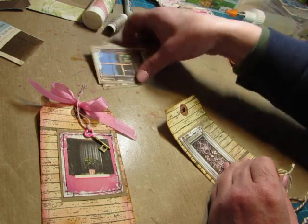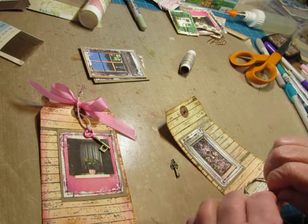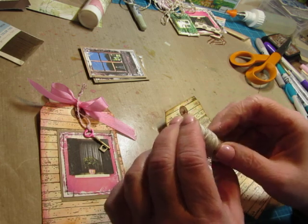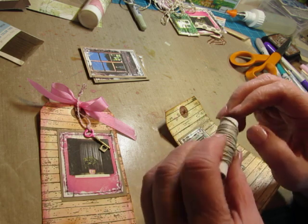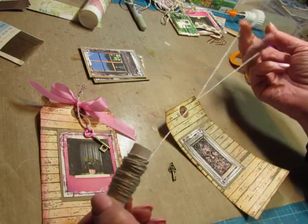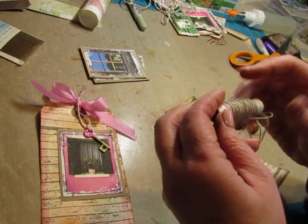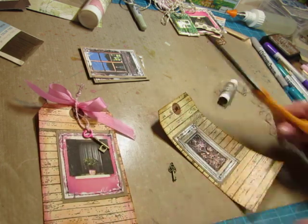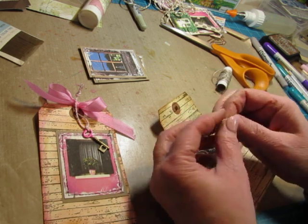Lost my little key. That's why I wanted to put them in a safe place. Here it is. This seam binding, or baker's twine, is rather thick, so I think it's too thick for that tiny little hole. So I'll use this thinner string. This came from a Stampin' Up! kit. Where's the end? It's not the end. I guess that was it. It was kind of tucked under some of the other layers. I don't need a ton of that. So I'll just put this through the key, through the hole on the key,